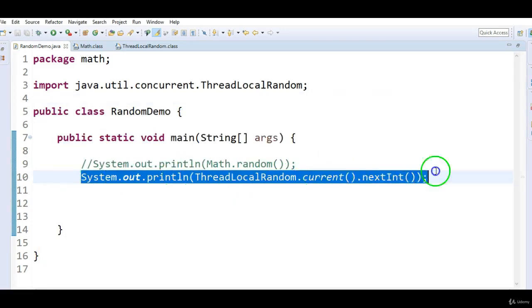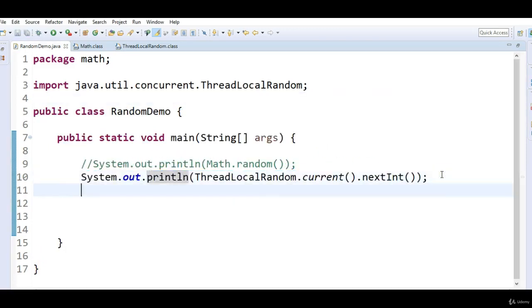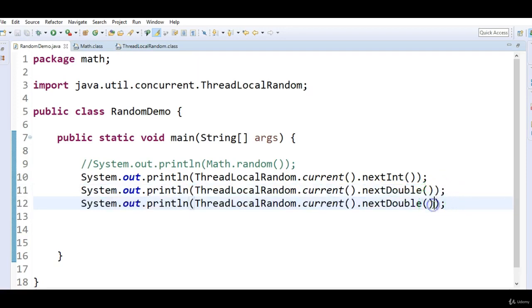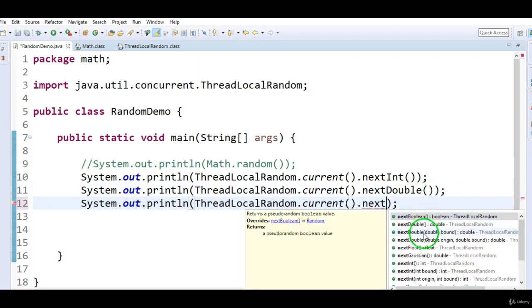Suppose if you see nextInt, nextDouble, and then next string, or let's see what all other methods we have. nextFloat we have, nextInt we have, nextLong we have, nextBoolean we have.